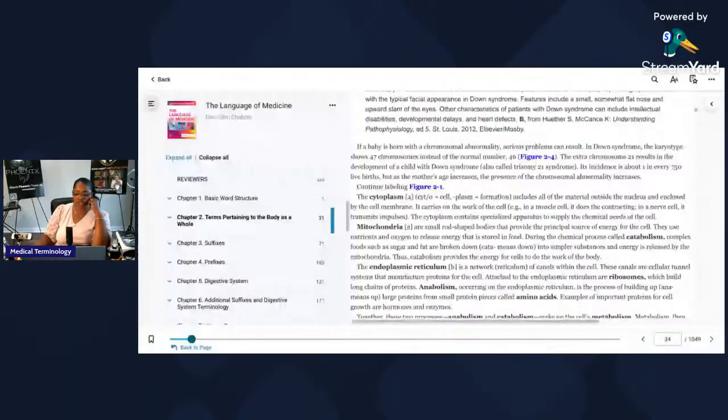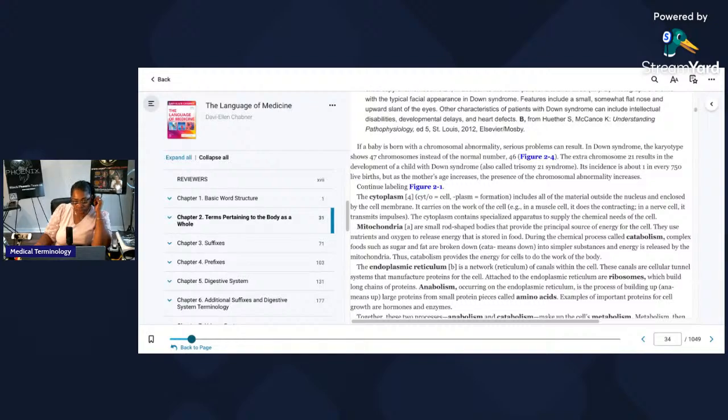What they do is give you so much to do. They give you enough work for you to learn. Look at this, cytoplasm. I've got to show you this one. I know you probably can't see it, but those of you at home have a much bigger screen than mine. My screen is so small. If I put this as full screen, you can't hear me, so I don't put it as full.